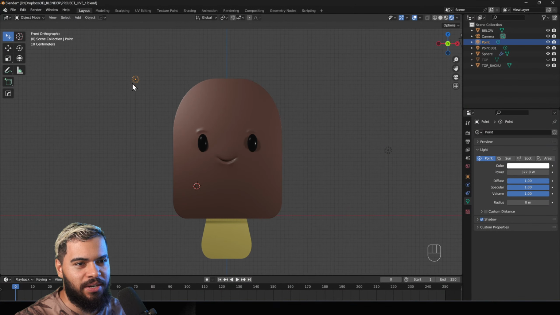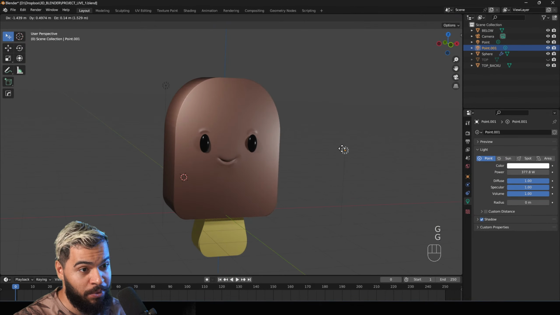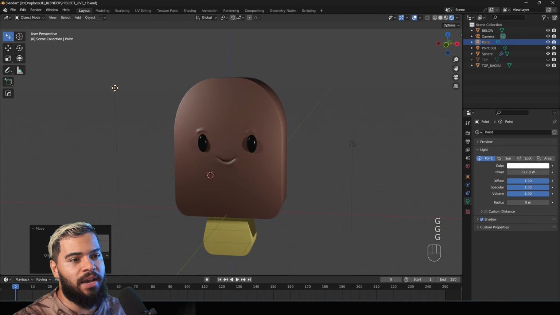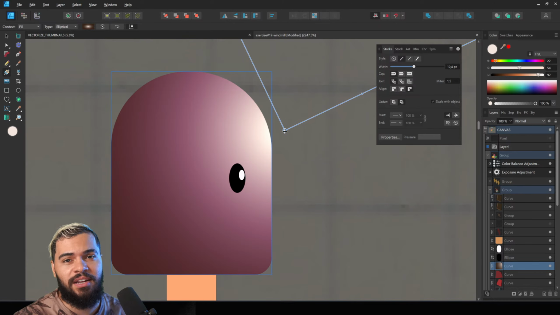And here in Blender, what I'm doing is adding a light here. Okay, a real light actually. And in 2D there is no light, alright? We just kind of pretend there is a light in there, but there is no light.